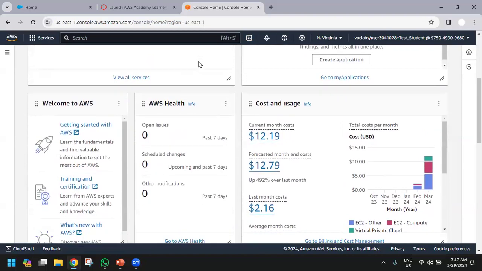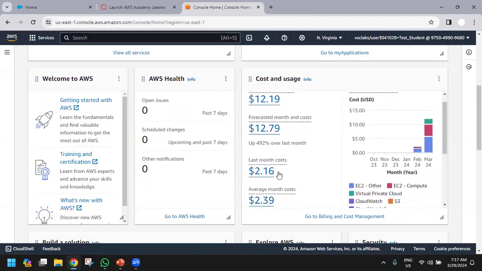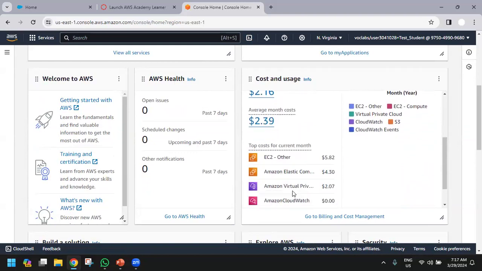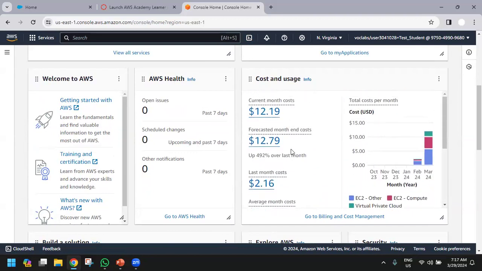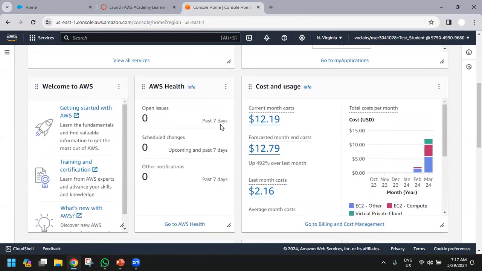If you scroll down further, there are a lot of things which will come. It will show you the billing, how you are using your bills, and your charges. See, I have used certain services, I have been charged some dollars, and my current bill is this much. This is the cost and usage.